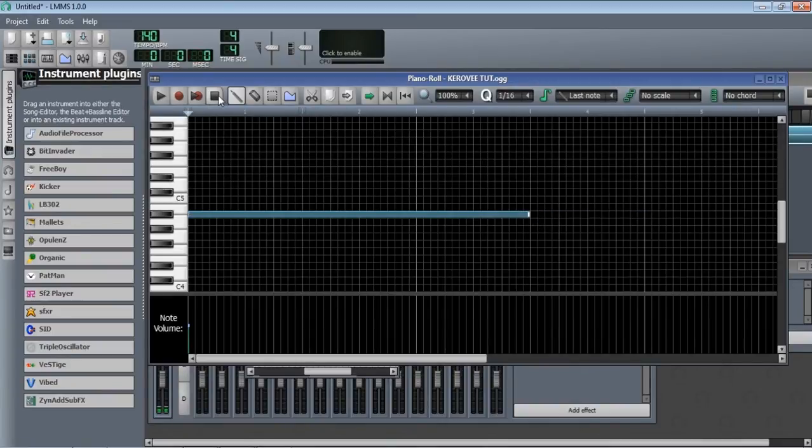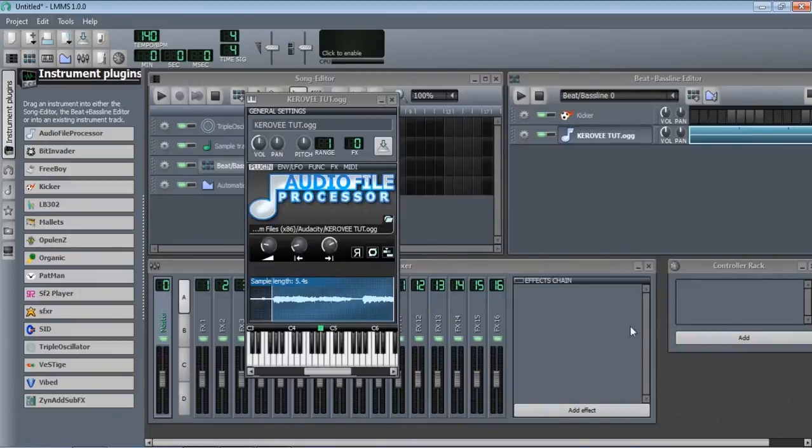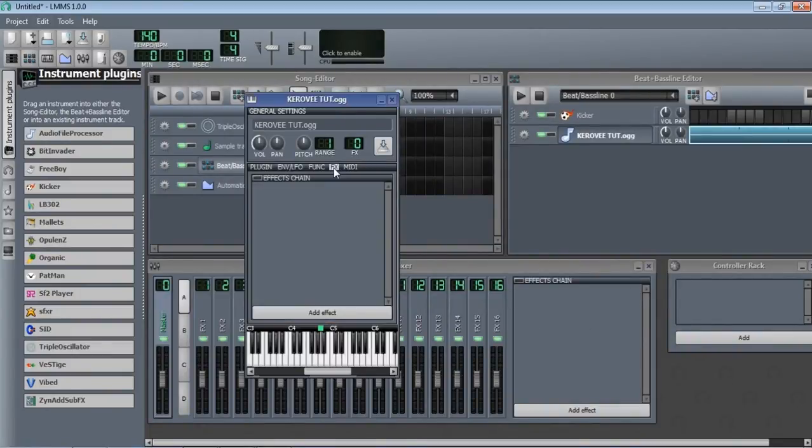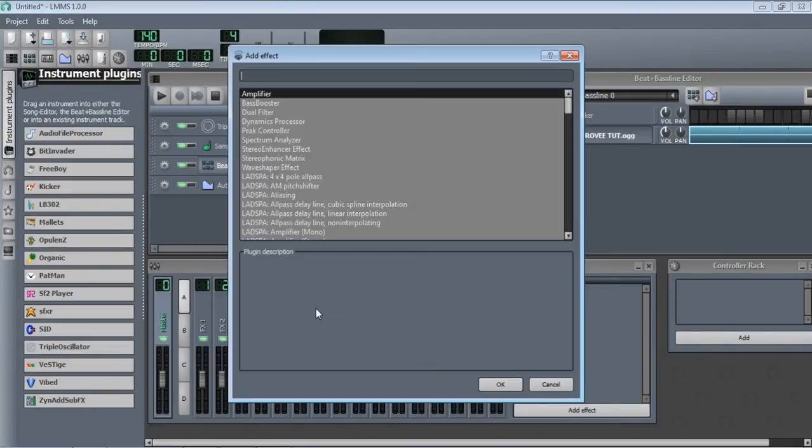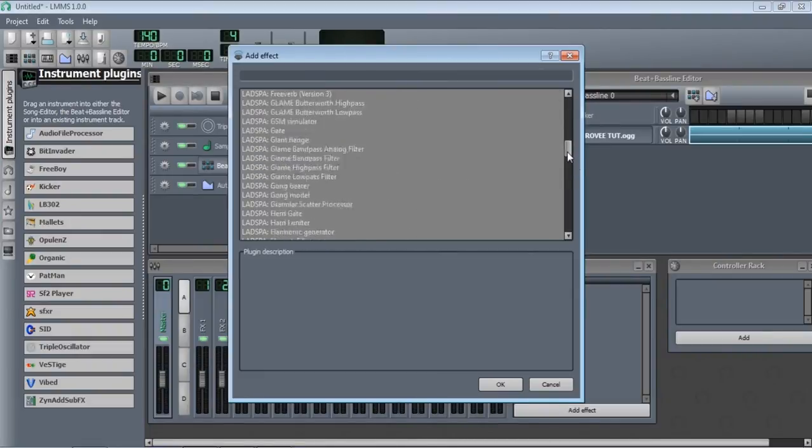Open the effects window to load the plugin, and load the plugin Kerovi VST.